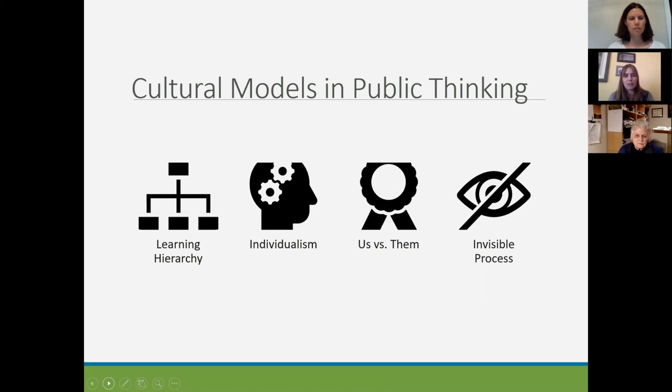One is a cultural model of a learning hierarchy. And that means for the general public, and this is not true for everyone, but across the general public, a lot of folks really have a frame where the things that happen in the classroom are the most important. And the farther away that you get from the classroom, the less important those things are. And that makes things like field trips and after school programs in environmental education become extra and nice to have instead of something that everybody needs to have. And that's a dominant way that people think